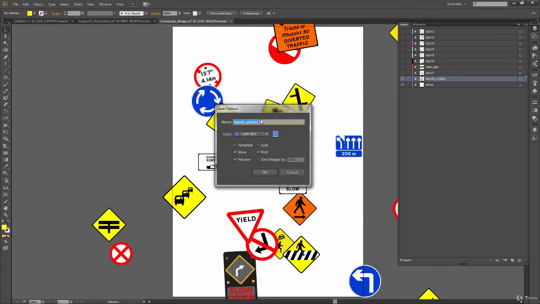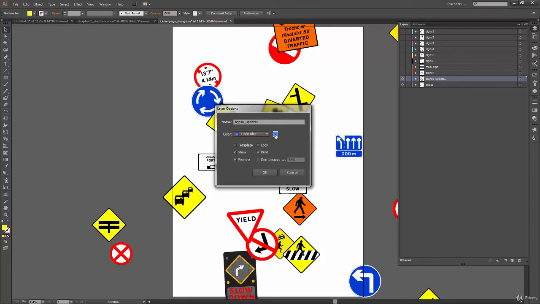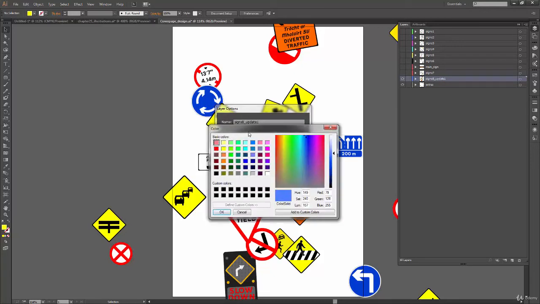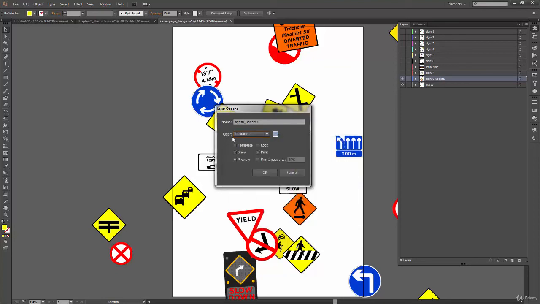So again, you can rename your layer from here, and you can change this color to any of these available colors, or if you want to go in detail or change it to a particular color, then you can click on this color box and it will open this color picker. From here you can select any of these colors and click OK to add that color to this one.